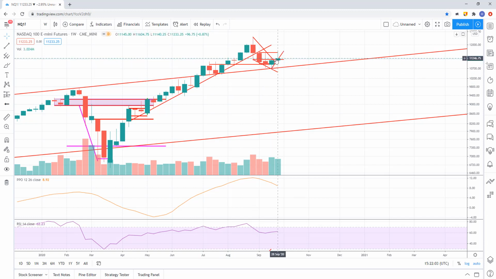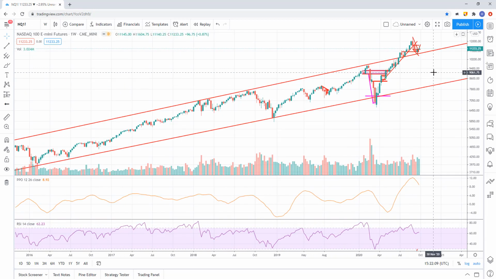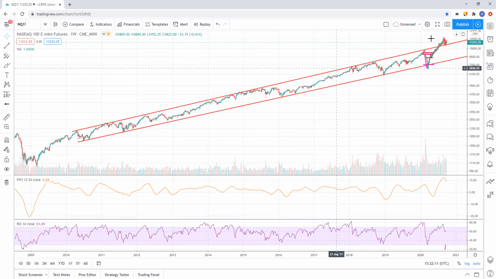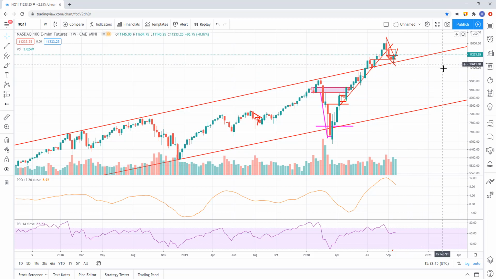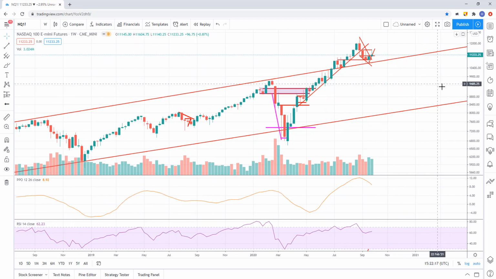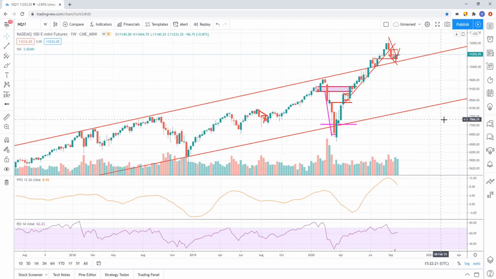The other thing that I think is higher probability is we fail here and actually come back down within the price channel that we've been in for the last 10 years. I think we get back down in that price channel, down in here, and really at some point come down to the bottom of the price channel. It's been a while since we've been down there, so I think at some point we're going to work our way down to the bottom. So that's the